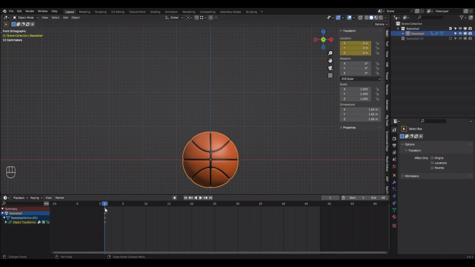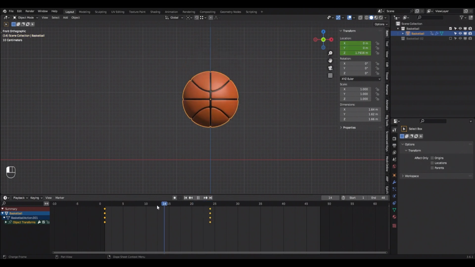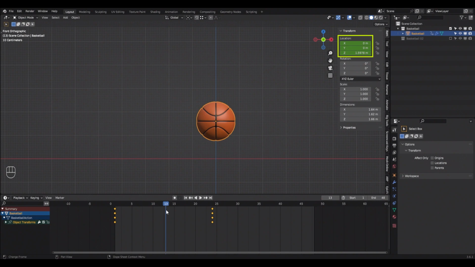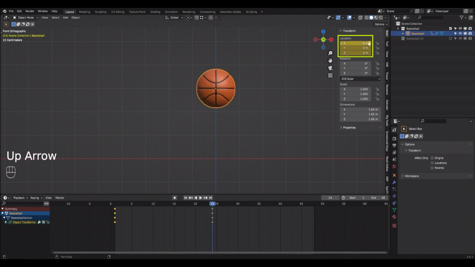On frame 24, I'll move the ball, hotkey G Z 3. Press I, location. As we move the current frame indicator around the timeline, we see the animated parameters change color. If the indicator is outside the keyframes, the parameters are green. If the indicator is on keyframes, they are yellow, which means that the parameter is fixed with keyframes for that